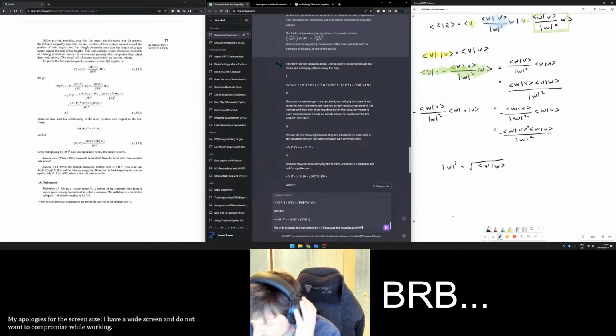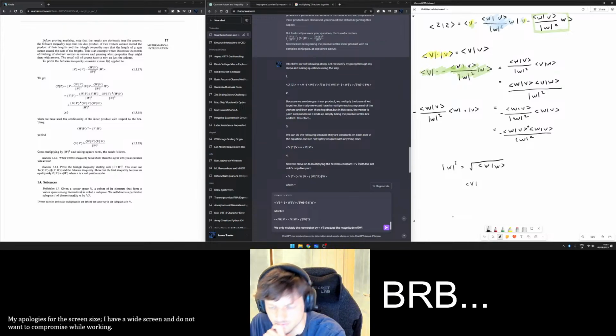And so if we are going to multiply it by V, V by W, because it's been square rooted and then squared,